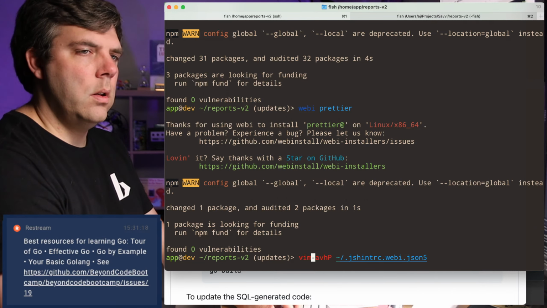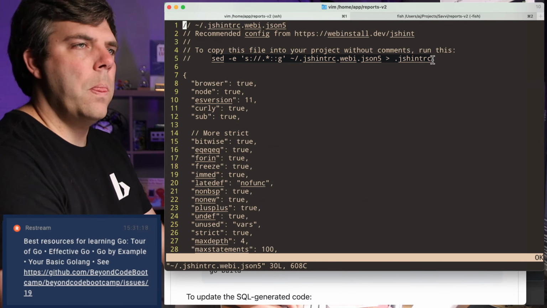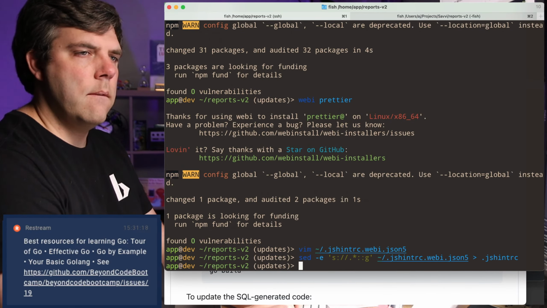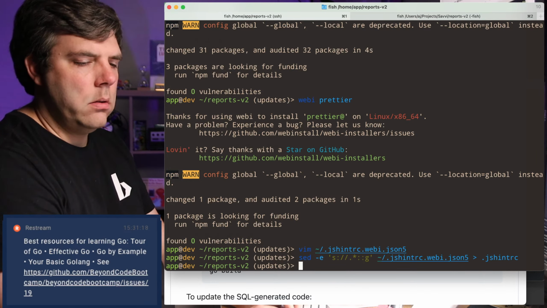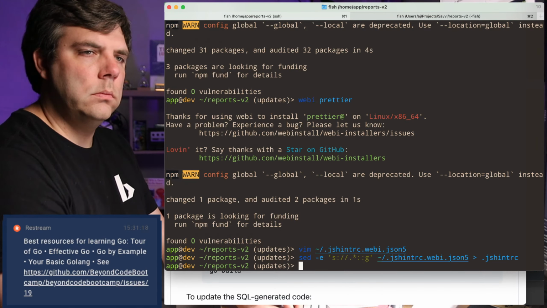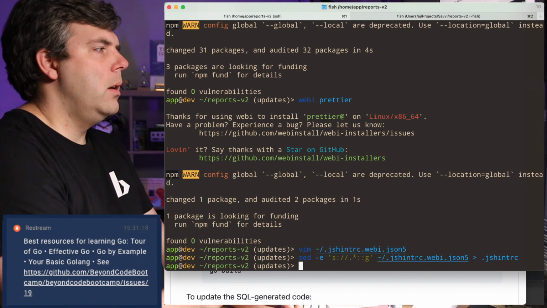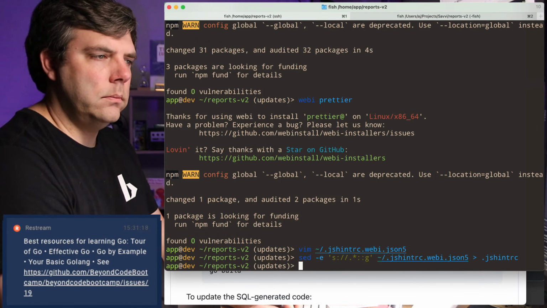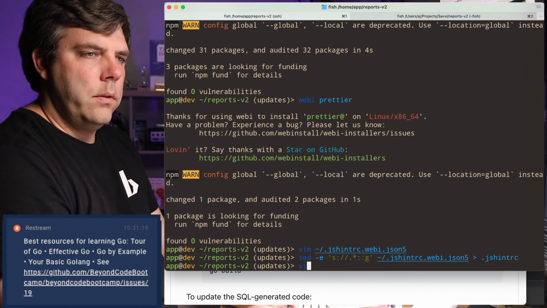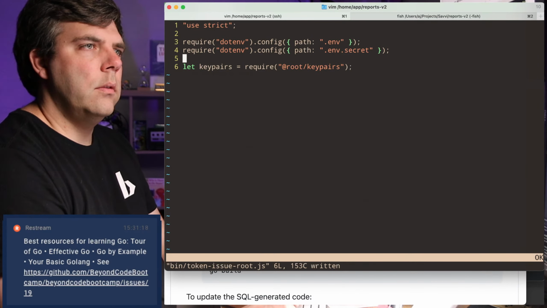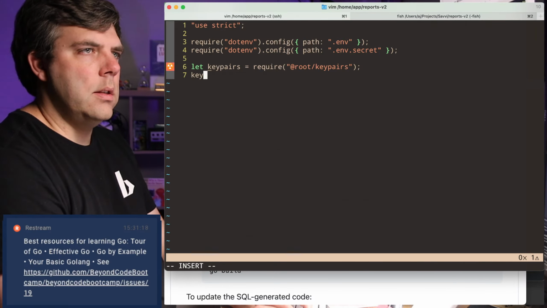Hold on. This is what I want right here. Maybe I should put it up as JS init or something like that. And then I have a prettier file. My prettier file is not up there yet. Okay, anyway. Point with that is just, there we go. I don't want all of those distracting warning things that don't actually mean anything.